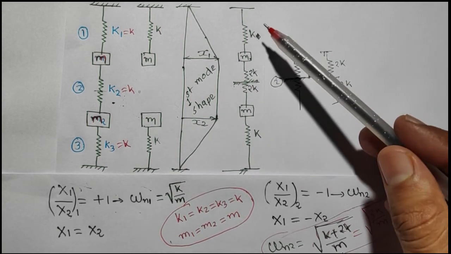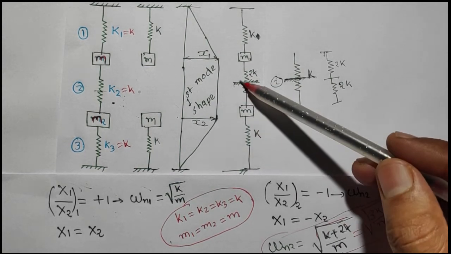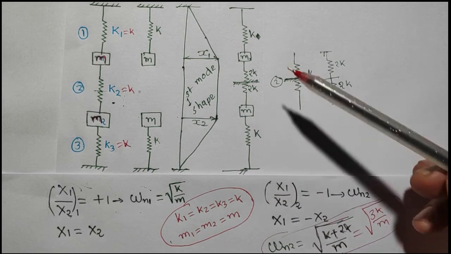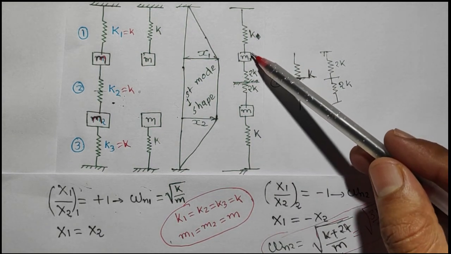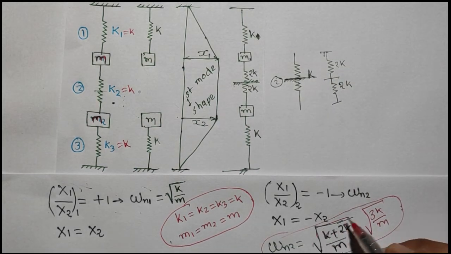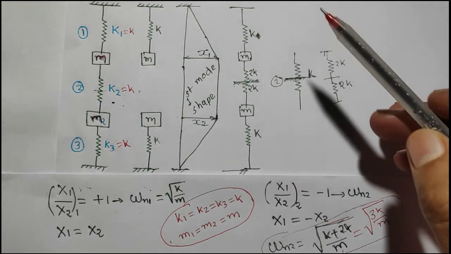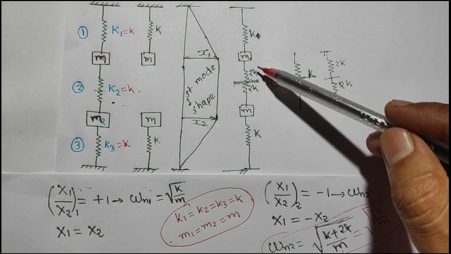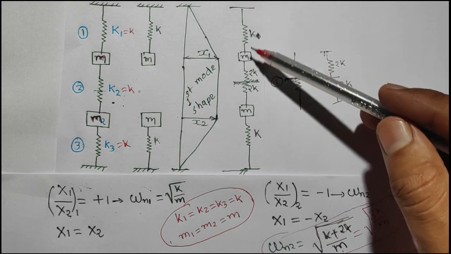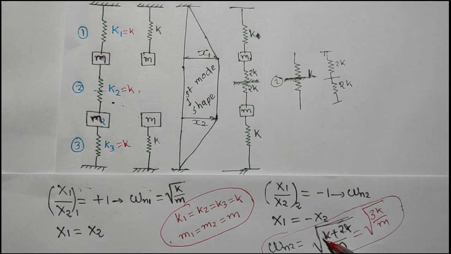Now, this entire 2 degree of freedom system is converted into a single degree of freedom system from this midpoint. Now, if we write the natural frequency of this single degree of freedom system, it is the square root of (k plus 2k) by m, which equals the square root of 3k by m. This means when the system is cut into two, this mass and both the springs are in parallel, and in parallel the stiffnesses of the springs add up, so k plus 2k is 3k.